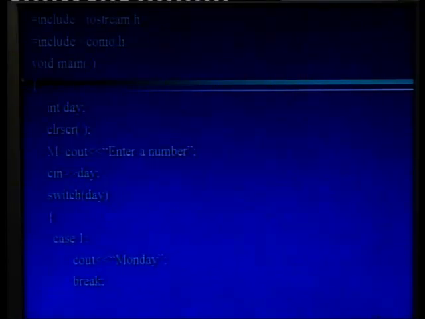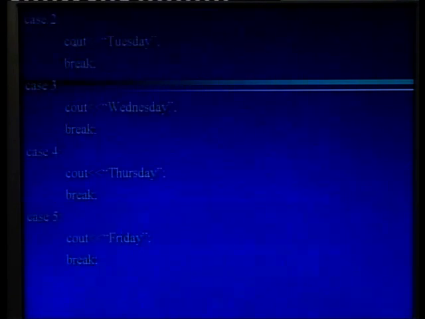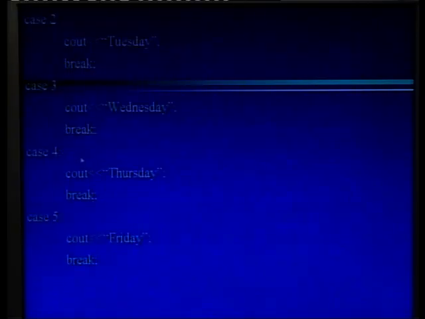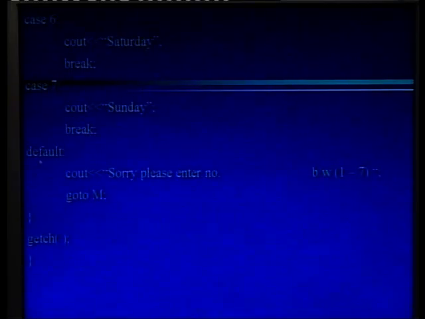Suppose when you execute this program, the control moves to the main function, it will clear the output screen, and ask you to enter a number. Suppose you have entered the number 2, the 2 is passed in this switch statement, the control will move to case 2, it will print Tuesday, and with the help of break statement it will come out of this switch statement. Suppose when it asks to enter a number you have entered 10, then it will check for case 10. We don't have any case 10, so it will go to the default,